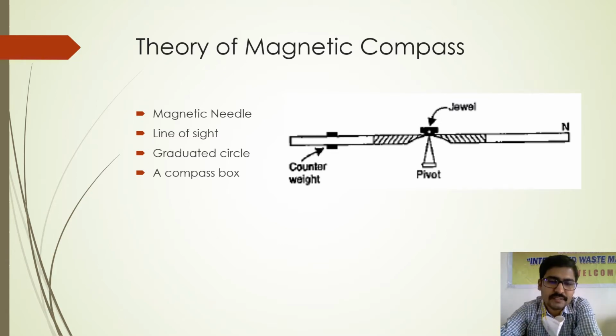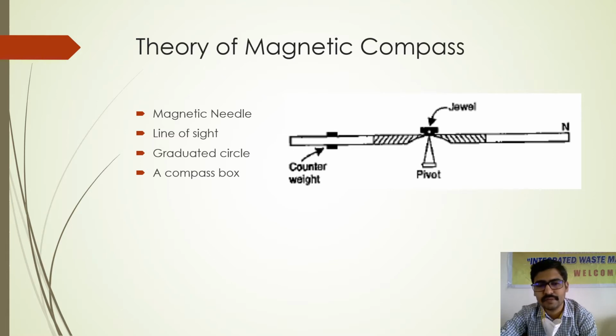The third thing which is required for construction of the compass is a graduated circle. You know that compass is required to get the direction or to get the bearing of any line. Bearing is nothing but angle. So when I need angle, definitely I need graduations. When you see a protractor, it will have the readings written over the circumference of the protractor. Whatever angle is required, you just see where exactly is 60 degrees, you put up a point there and then you mark the 60-degree angle.